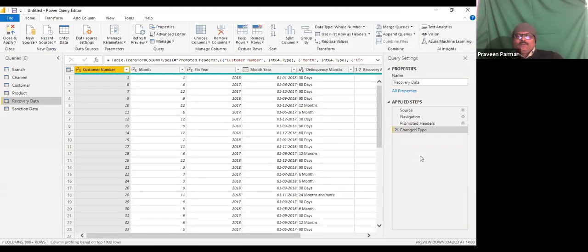On the recovery table, on the right side, click the 3 dots, and there is an edit query option. Click on that and you will get this pop-up window, with all the table names on the left side.